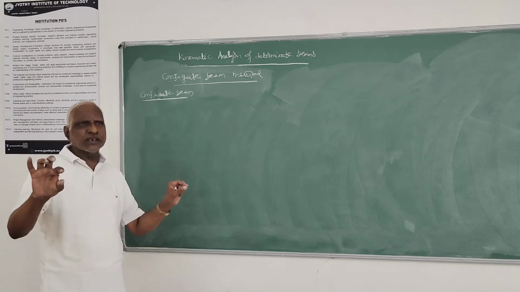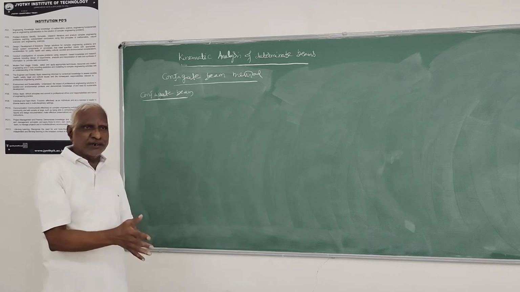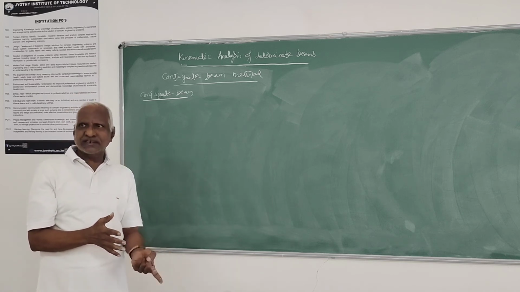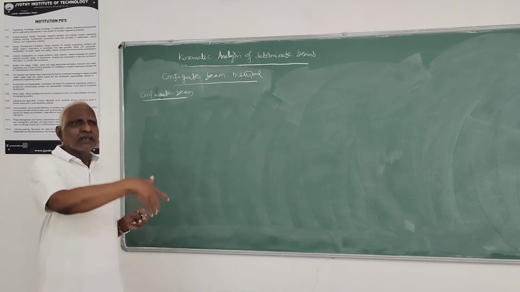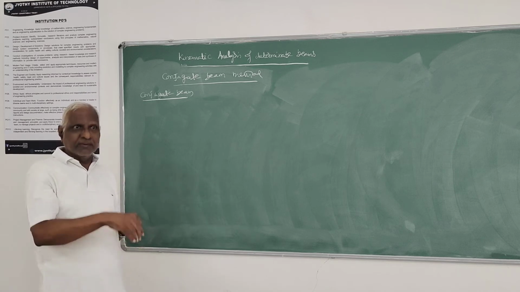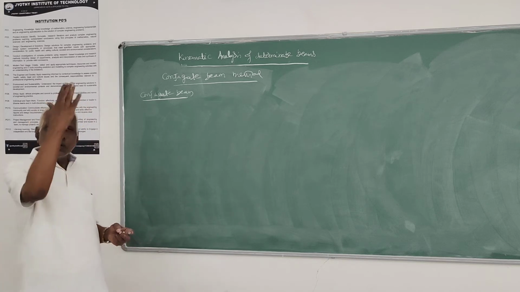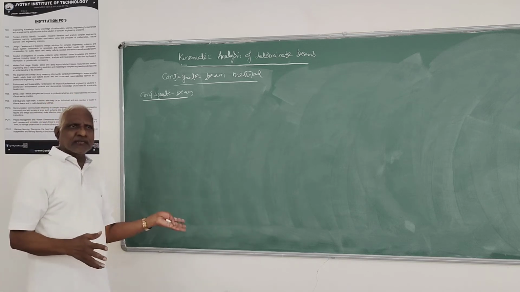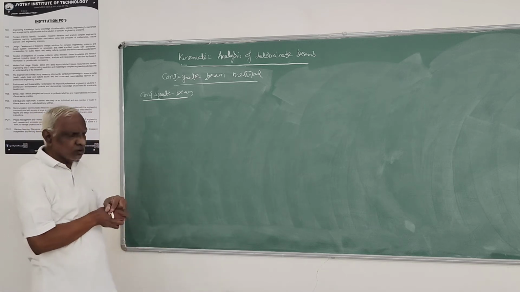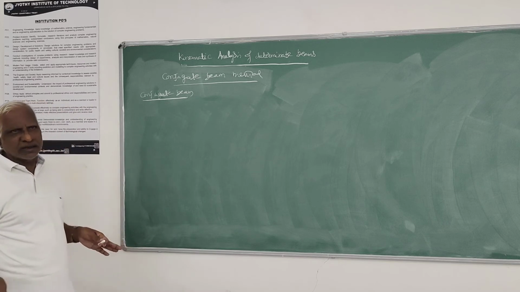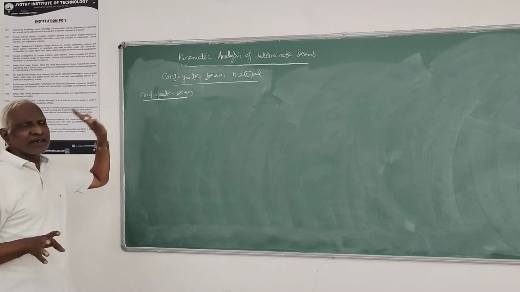Once you write the conjugate beam, you find the bending moment at any point where you have to determine deflection. It is also a beam only, the conjugate beam. So in that conjugate beam, with this M by EI diagram load and the changed boundary conditions, you determine in the usual way the shear force and bending moment at any point. The shear force at any point will give you the slope, and the bending moment at any point of the conjugate beam will give you the deflection. That's all the theory behind the conjugate beam.